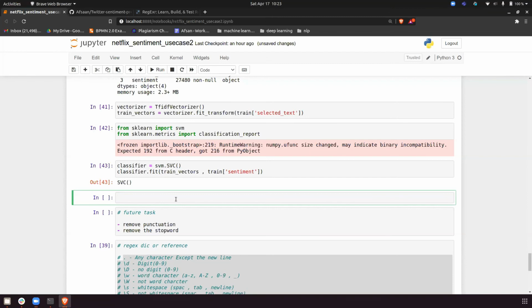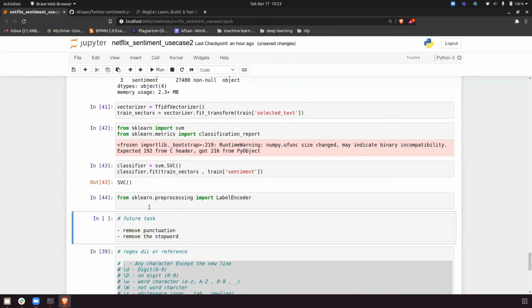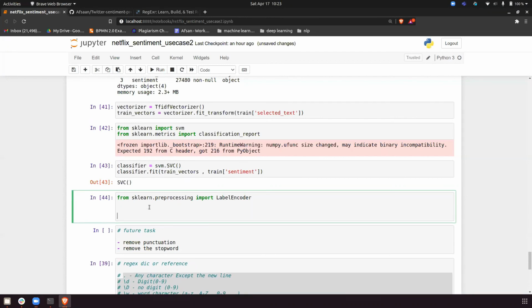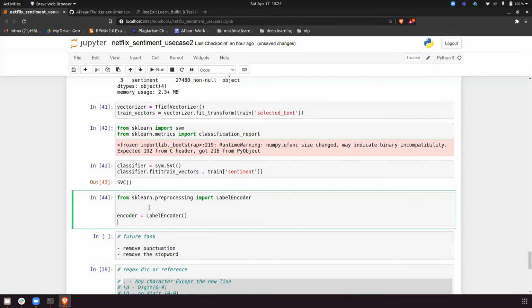From sklearn preprocessing, import LabelEncoder. L is capital. Okay, LabelEncoder. What we can do is create an instance. So for example, encoder equal to LabelEncoder with brackets.